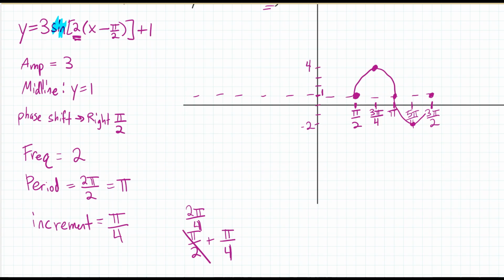It shouldn't have any pointy edges. It should be nice and smooth. Now, you'll know if you did this incorrectly because it should look roughly symmetric, where this part of the graph should look the same size as this part of the graph. They're both 4 units away from the midline for the max and the min, and it fits nicely on those